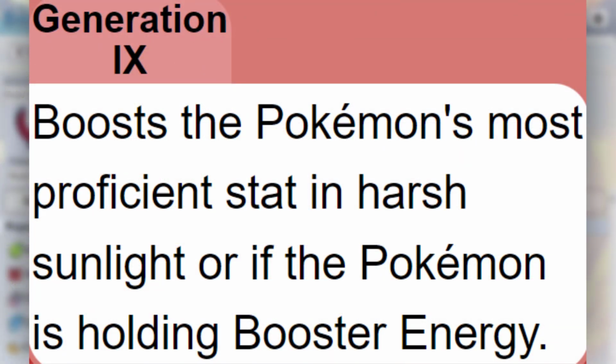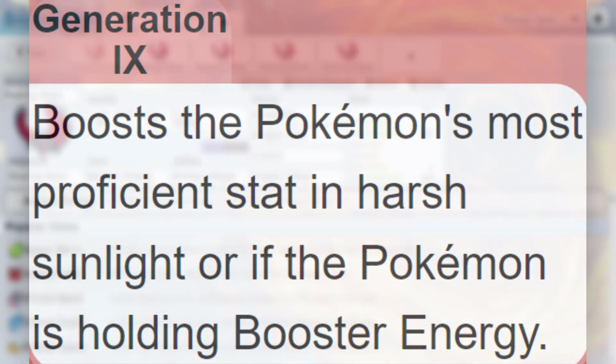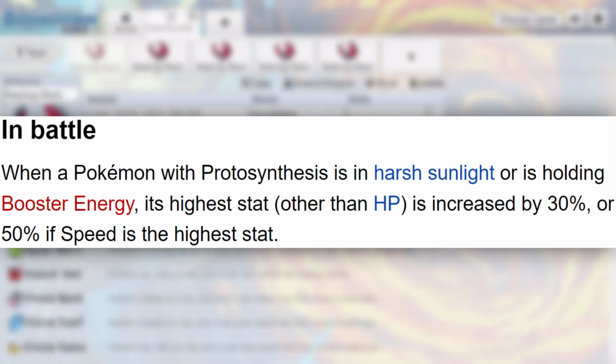As for its ability, we have ourselves Photosynthesis, which boosts the Pokemon's most proficient stat in harsh sunlight, or if the Pokemon is holding Booster Energy. And to go a little bit further with Photosynthesis, when a Pokemon with Photosynthesis is in harsh sunlight or is holding Booster Energy, its highest stat, other than HP, is increased by 30%, or 50% if speed is the highest